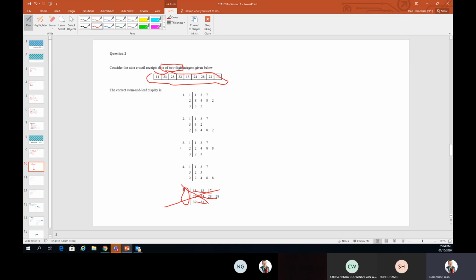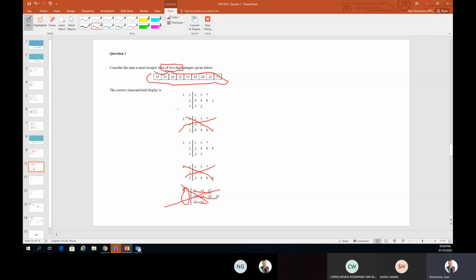But saying that, let's look at just four options. So 1, 2, 3, perfect. We don't know yet if that is correct. 1, 3, 2 can't be. It needs to be in order. 1, 2, 3, perfect. We don't know about that yet. 1, 3, 2 can't be. So if you were in the exam and you needed to make a guess, you basically have 2 options, option 1 or option 3. As I said sometimes on the chat, if you don't know, go for option 3. But let's quickly check these options.